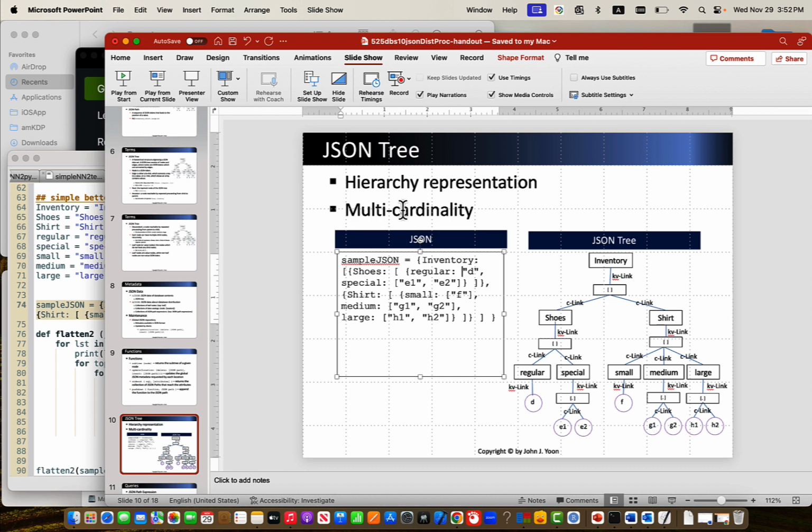It is uniform in a relational database. But in JSON, as you can see here, the value for regular is atomic, but the value for special could be another list. And the value for shoes,